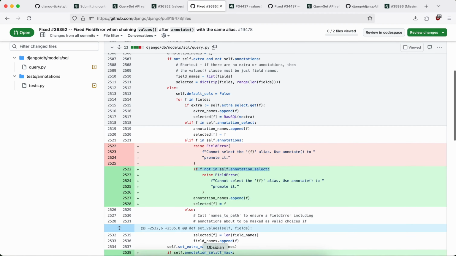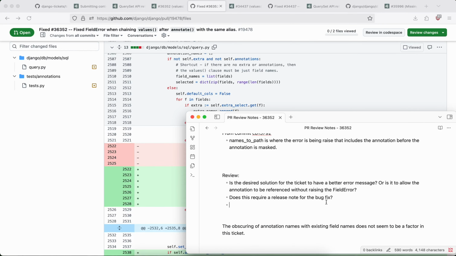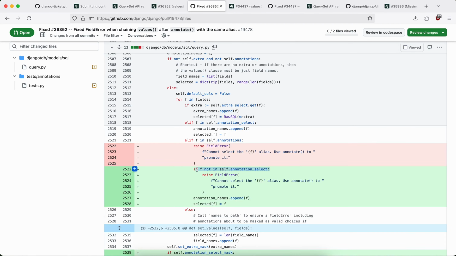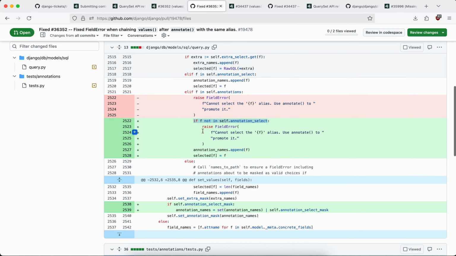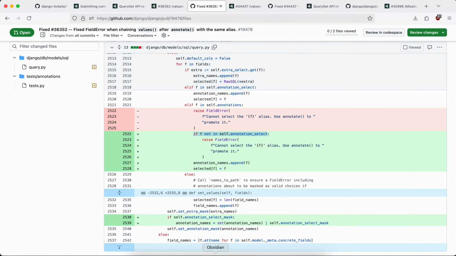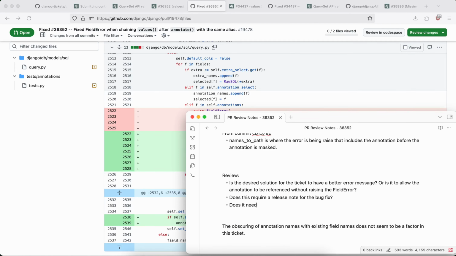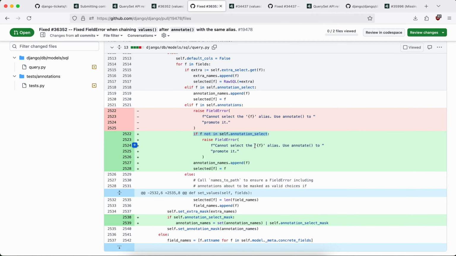So that's one thing I want to do. I want to add, for this line here, does it need to have the guard? So that's my question. Does it need to have the guard? And one way to test that out is